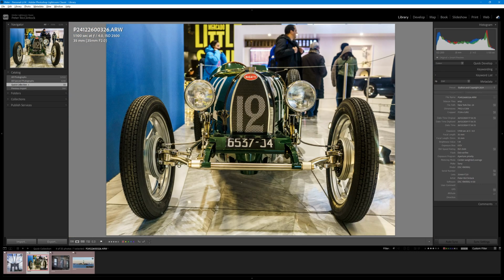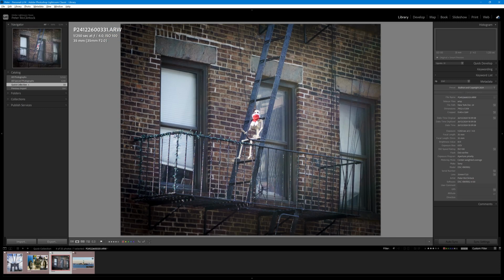The sharpness of the image is important, because sometimes when you're using a 35mm lens and you don't have the opportunity to use a longer lens, you may want to crop in a little bit. And here's an image of this little skeleton sitting on the fire escape outside a building. He's lost his Santa hat a little bit, but the important thing about this image is that if I go